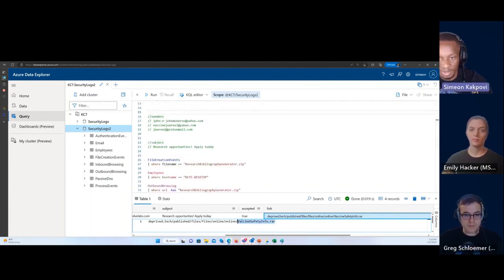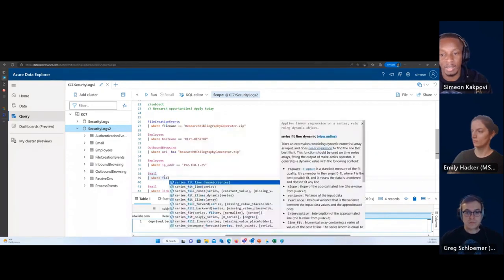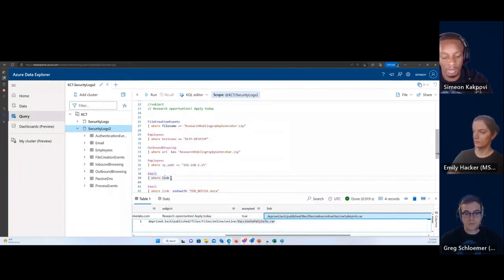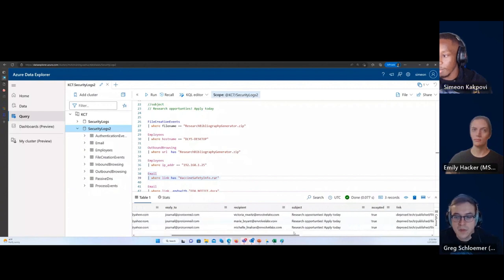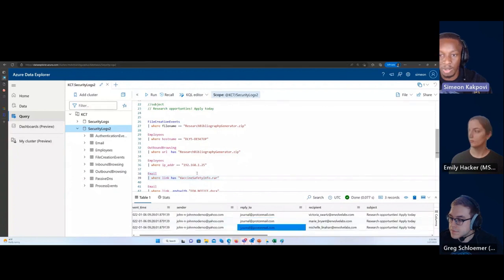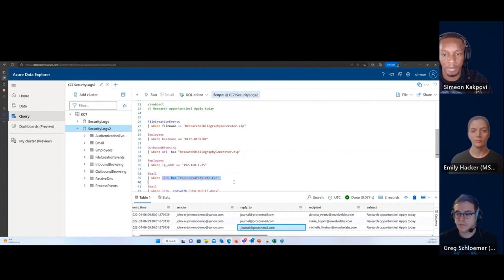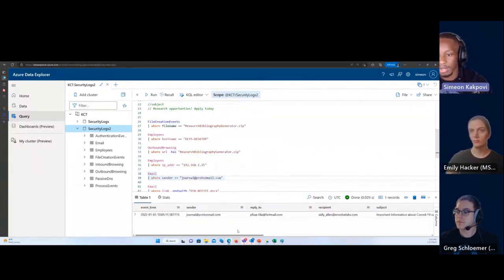Let's do a couple more pivots. So let's say our file name is vaccine safety info.rar, right? Am I learning anything new here? This is a dead end pivot. I didn't learn anything new. So I'll try something else. I'll say, okay, well, let's say where sender is equal to this. This was a reply to address that I saw that was new, and I want to see if they're using it to send anything else.